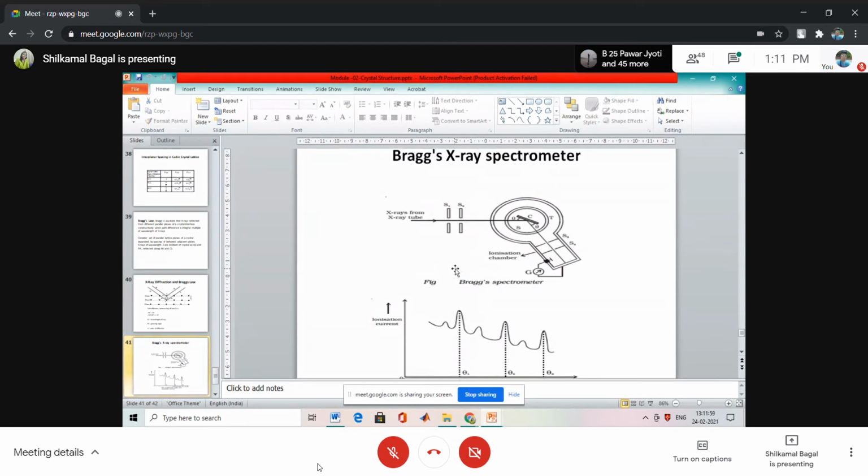See, this is the Bragg's X-ray spectrometer. See the construction in the diagram. You see this arm. At the center there is a table. This is the central table, and this table is surrounded by this arm. Here the surrounding table's arm contains gas, and it is known as an ionization chamber.